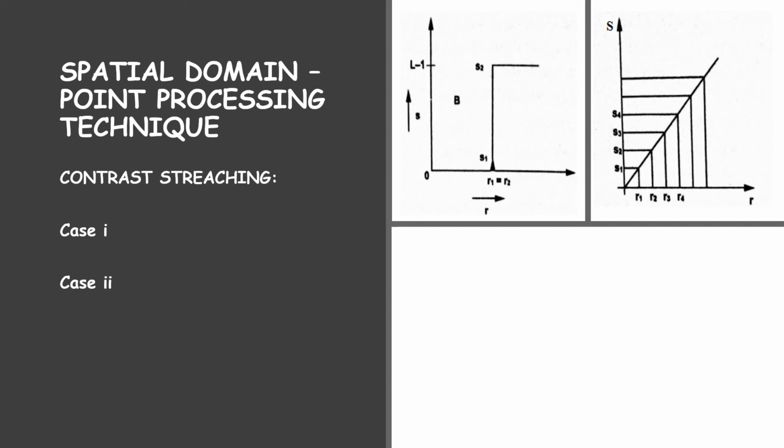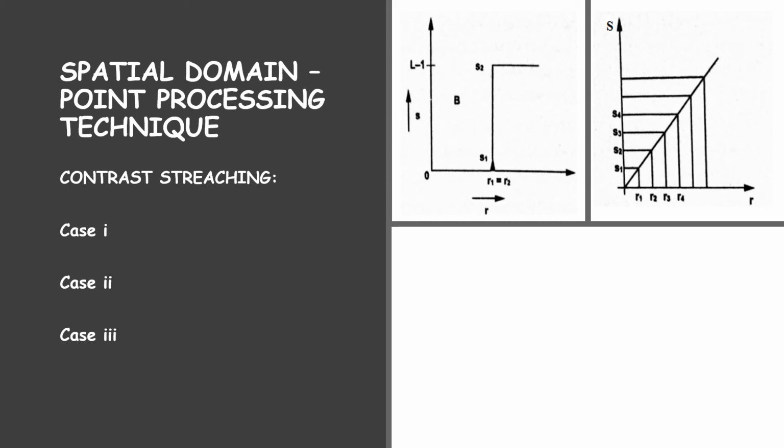Now, thresholding is a separate video which I'll be uploading. To put it in a simple way, if you have pixel values from 0 to 255, the small checker boxes which make up an image, we fix a particular value and define that below that value everything is going to be dark and above the value everything is going to be bright. The value which we fix is called the threshold value.